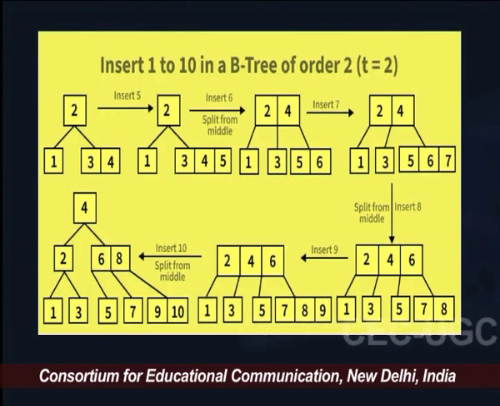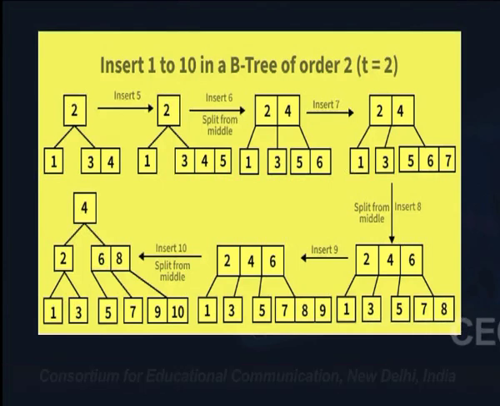Now, insertion of 6, we are going to split the node because of the maximum keys. So, let us try to trace it again. We have 2 the root node, then 1 and then 3 and 4. The insertion of 6 is going to split the node. So, 3, 4, 5, we have 3 keys in a node, which is the maximum